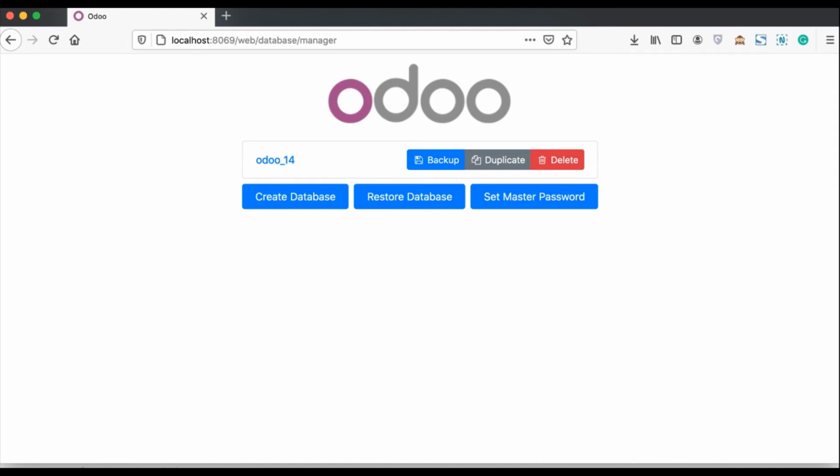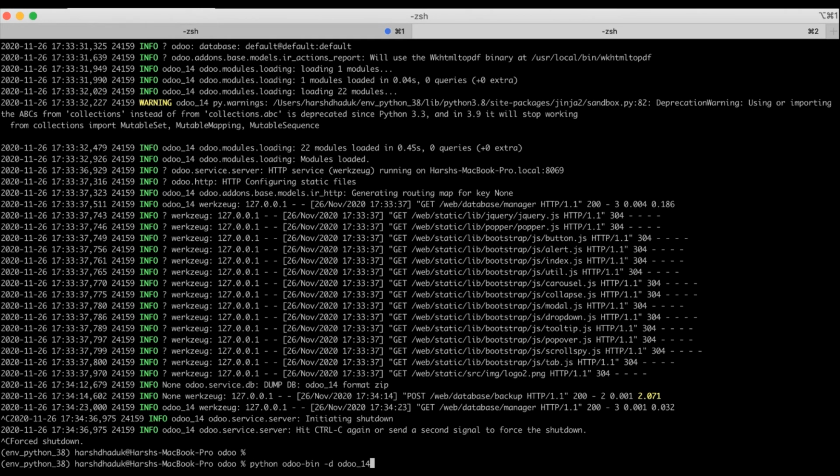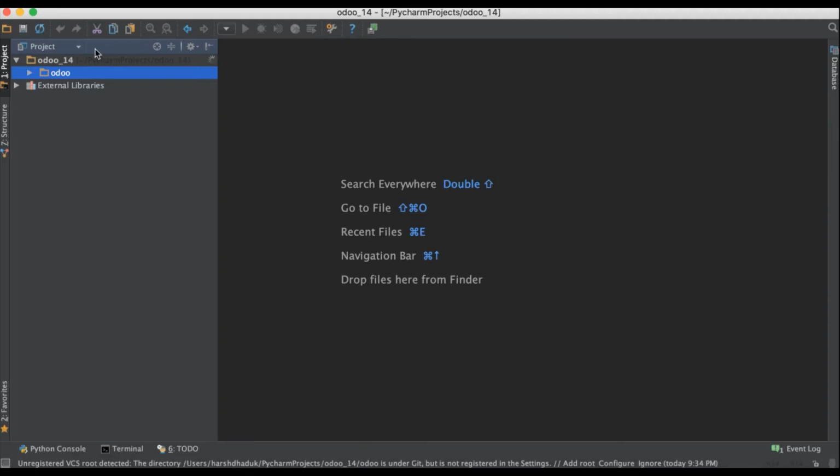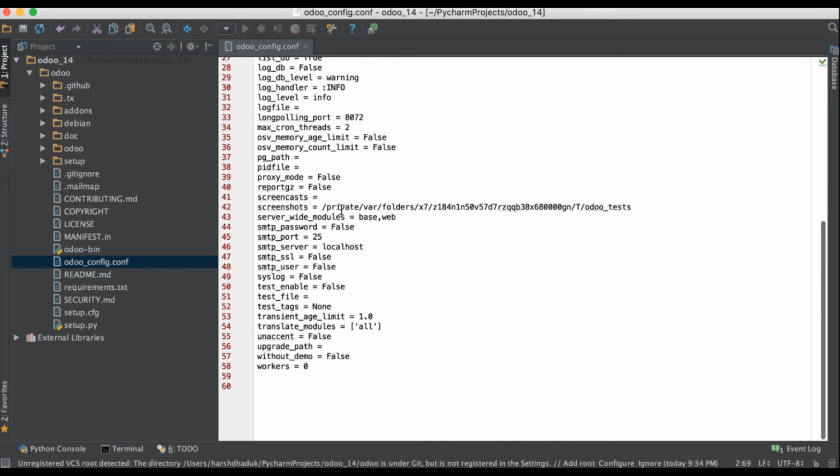Now the second scenario is whenever you are using the configuration file with -c after odoo-bin, and I have my own configuration file here. For the double check, let me open this configuration file also. You can see this is my configuration file.